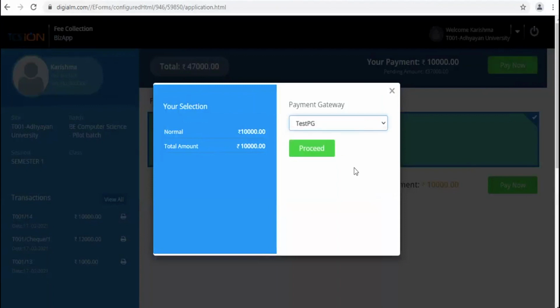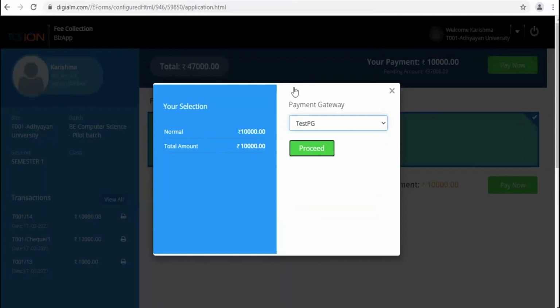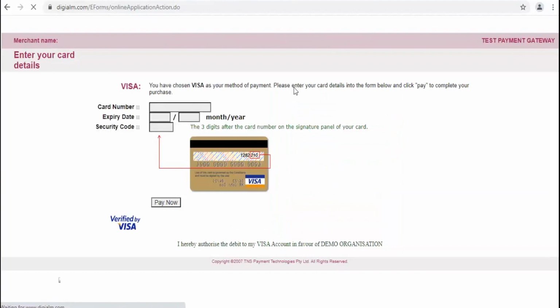And depending upon the payment mode selected on the left hand side, in addition to the amount that is 10,000 coming over here, the platform charges of TCS Ion and convenience fees of payment gateway gets added over here, and student can click on proceed to make the complete payment. And once the payment is done, again the fee receipt which I showed you gets generated corresponding to this particular payment.